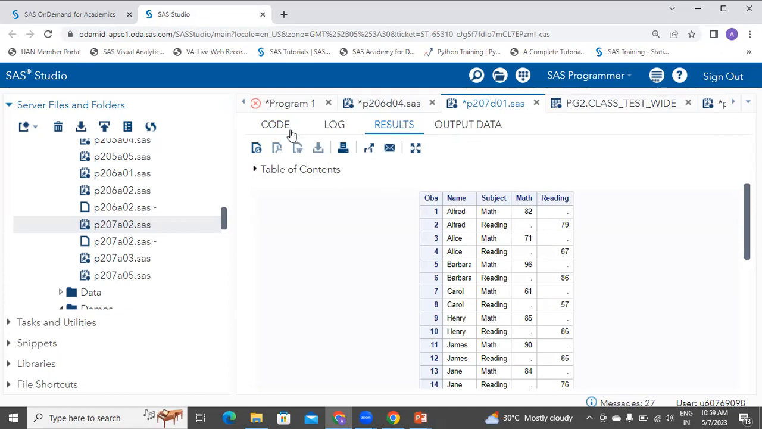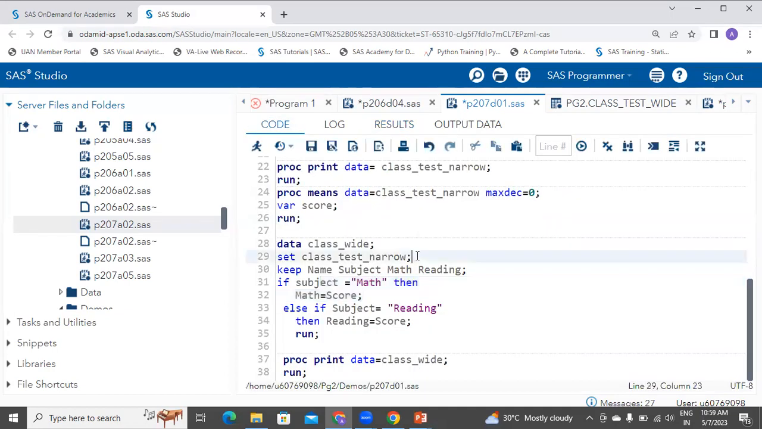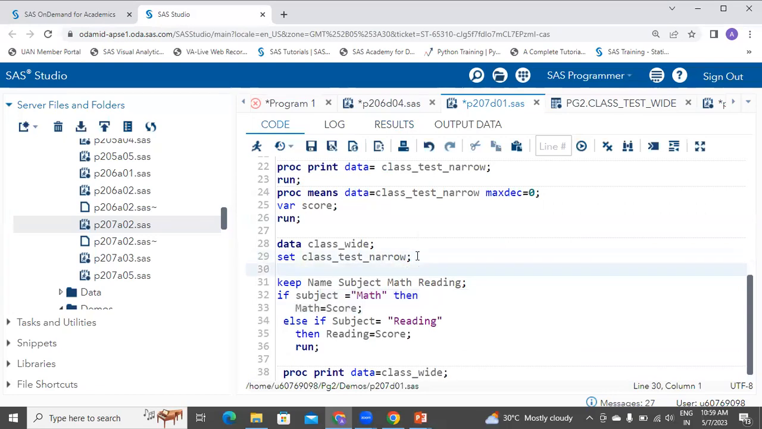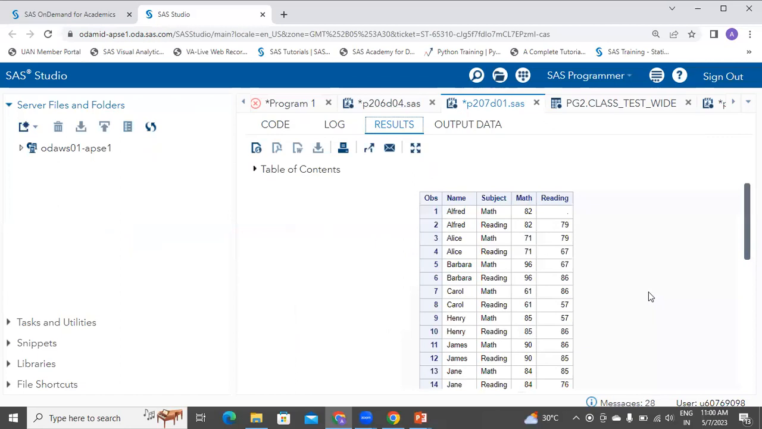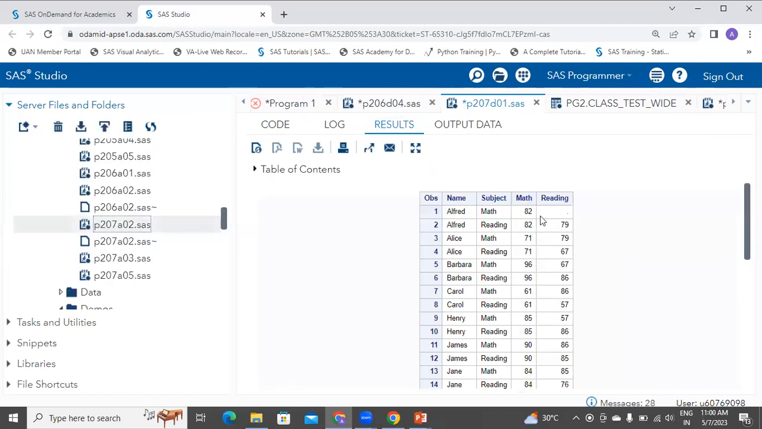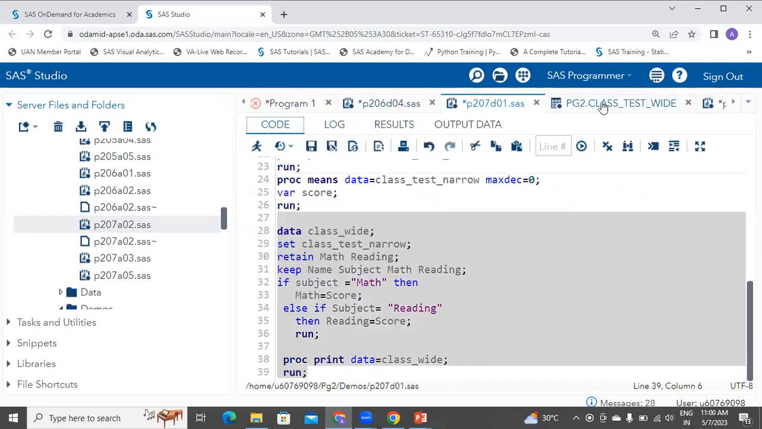Are you getting it? And that is why we are going to make use of a retain statement, where we are going to retain the values for math and reading. Okay, so let's see how it works now. Because at every iteration, it should not have. So again, see here, it's coming here like this. So to avoid this,